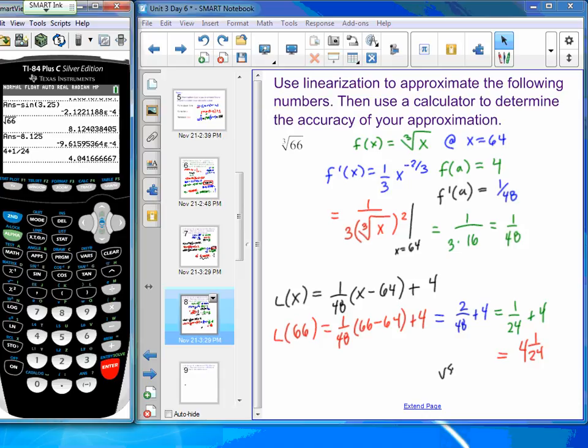My calculator gives me an approximation for the cube root of 66 as, oh, that's pretty good. So I'm going to go ahead and subtract and see how we did. That was fun. So the calculator approximated 4.04124. So that's within, my favorite part,